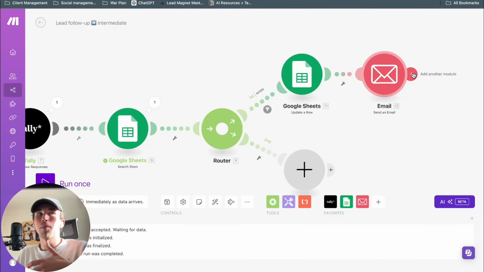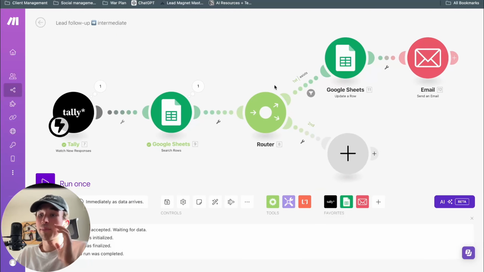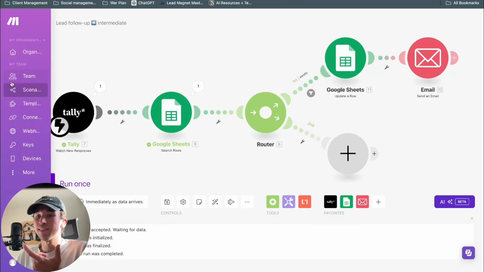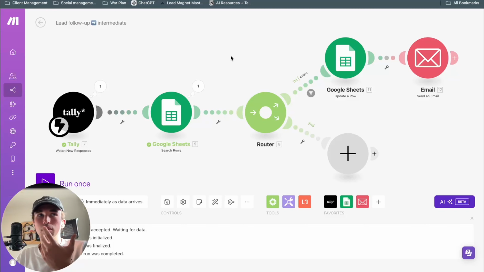Okay, so we've sent them an email if they exist. Round 2, hey, welcome back to our company, welcome back to our business. Thanks for doing continued business with us. Here's an email. Boom. So that happens the second they fill out the form. There's no delay time on that. Well, the delay time is the time it takes for this scenario to run, which is like 10 seconds, not even 10 seconds. So they're immediately getting an email and they're immediately getting involved in the system,